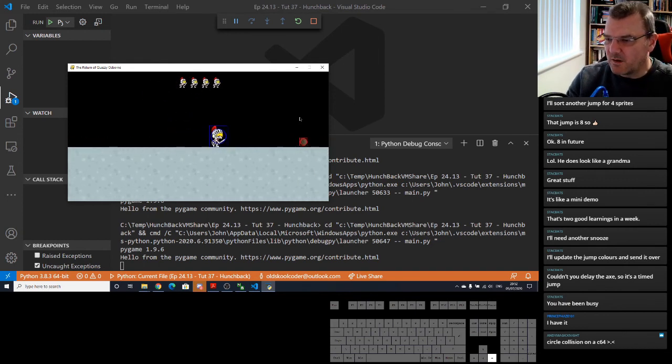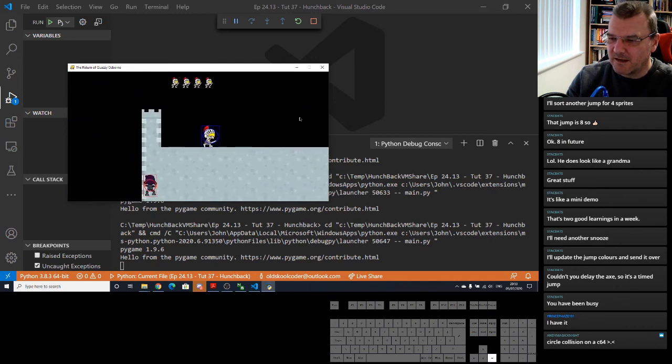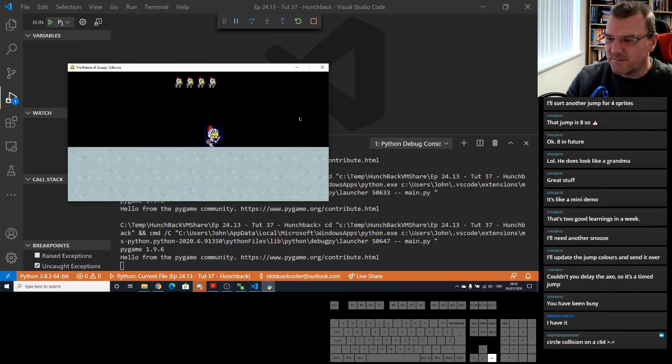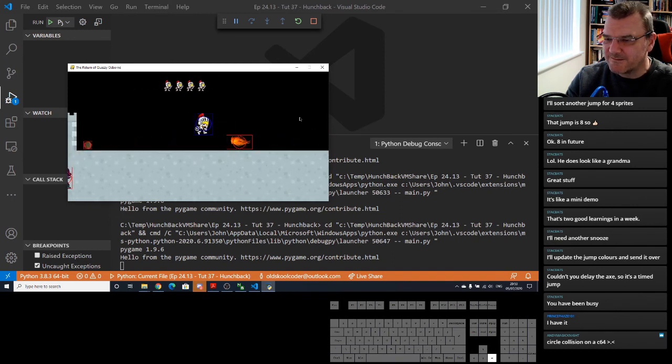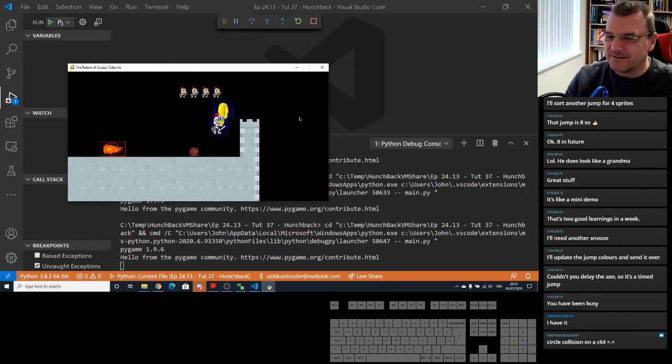So this is level 1, which is just the basic boulders coming at you. Then level 2, a bit more difficult. Boulders and fireballs. Oh, got over that one. Like it.